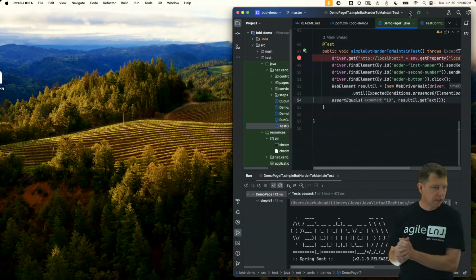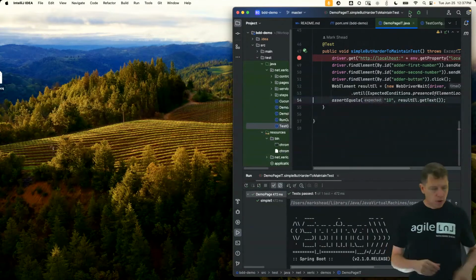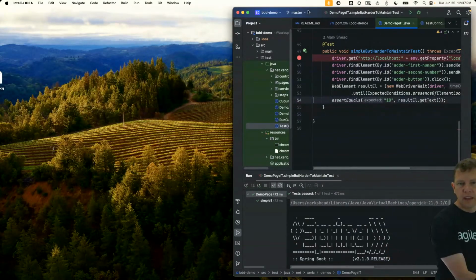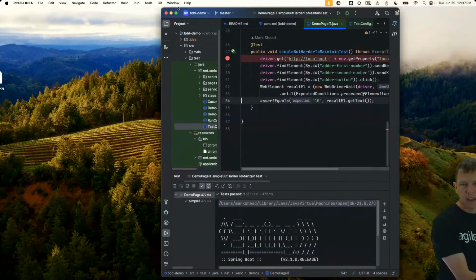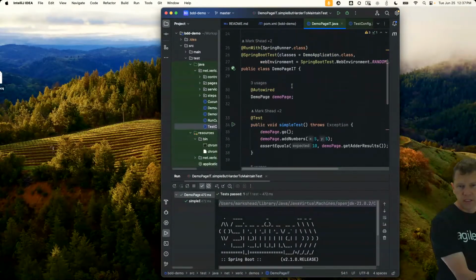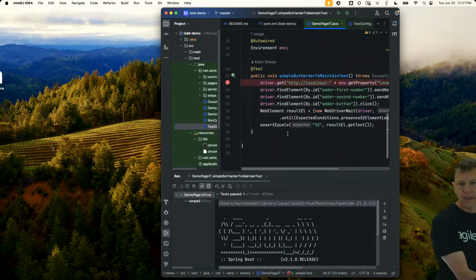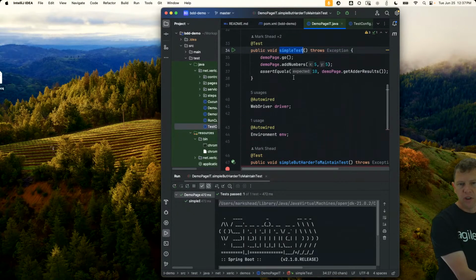So that's what's happening here. So as I mentioned, this is not the way we would want our test to be designed. So let's look at this other one. Okay, so this test right here, a simple test. Note this tests the exact same thing, but notice how much easier this is to read than the one we had down here at the bottom. So if I go into this one